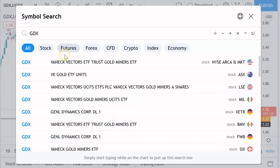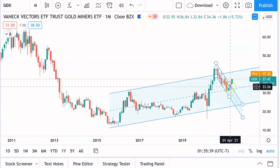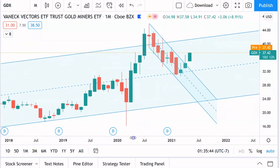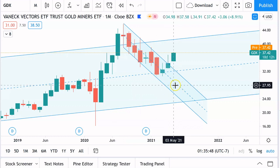Let's go and check out the GDX. The reason I want to see this is because we can see that the GDX has actually been making decent moves. It broke out of the channel 2 weeks ago, and it got a confirmation last week. See, the GDXJ, if you look at the GDXJ chart, you're waiting this week for the confirmation. But GDX has already given us confirmation. So in fact, my expectation is the GDX should probably outperform the GDXJ, at least for a little bit, as